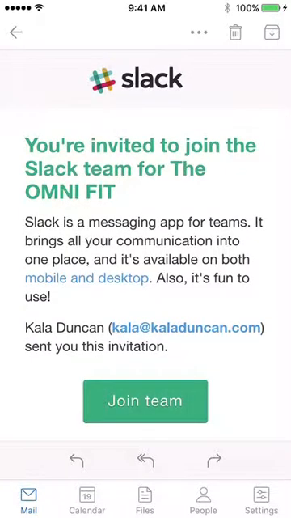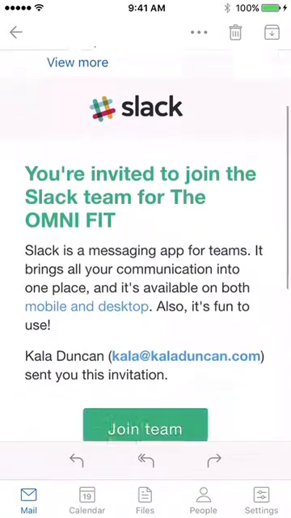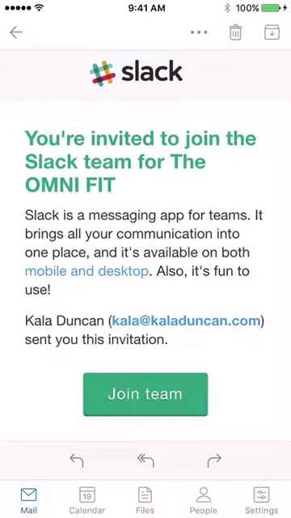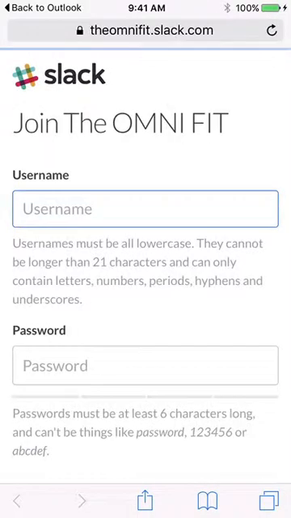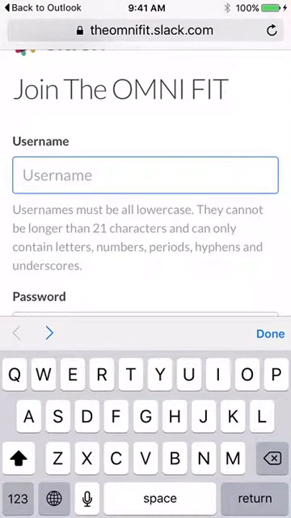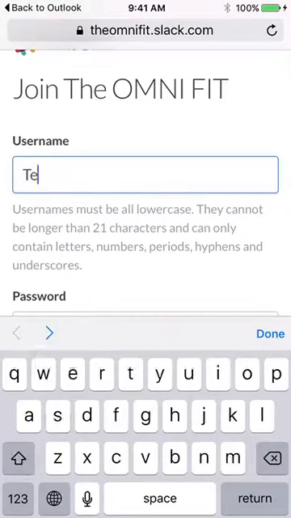So I sent myself a new invite to my personal email and I opened it and I'm just going to click join team. And I'm literally just going to follow the directions here. I'm starting a whole new account, and then once I get inside of it, I will let you guys see what to do next. So you'll be prompted to create a username, and I'm just going to label this one